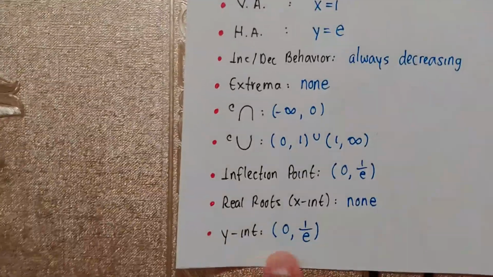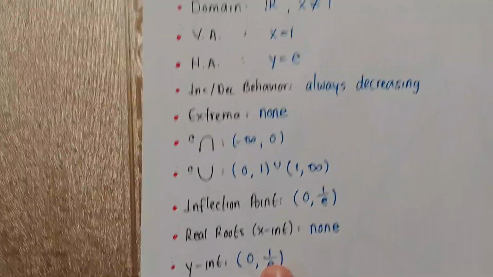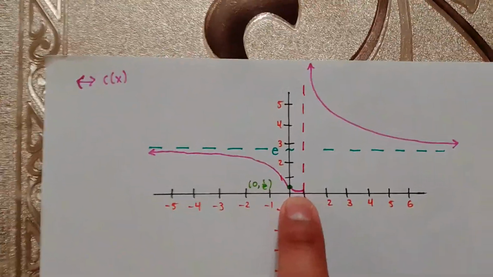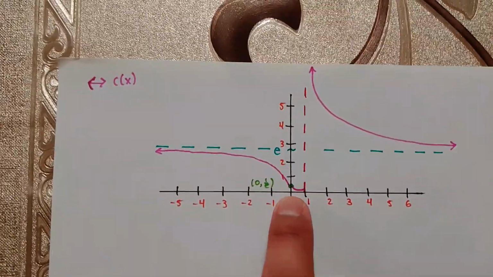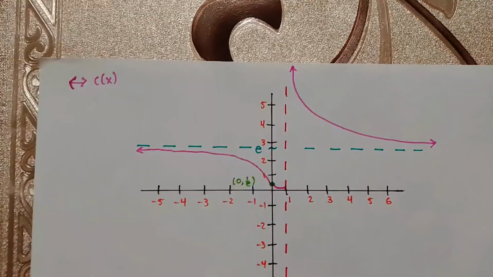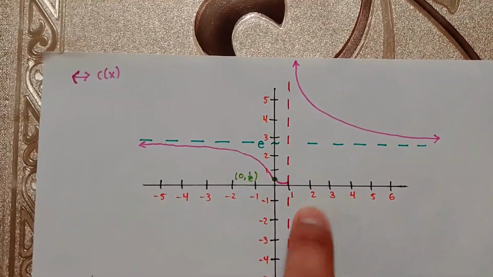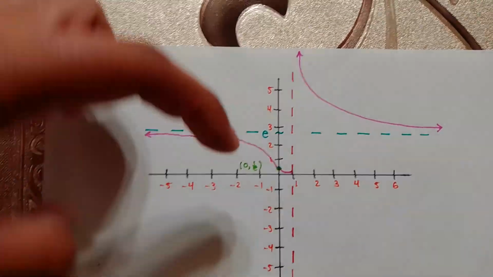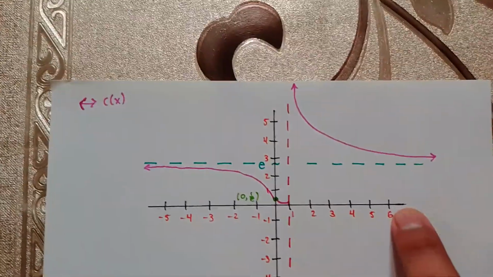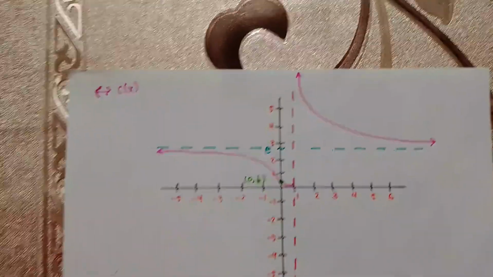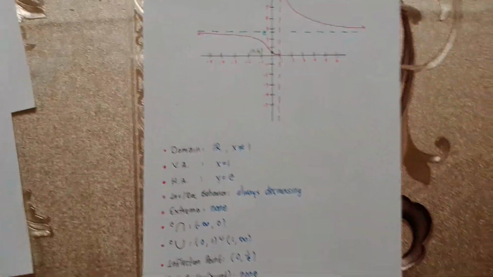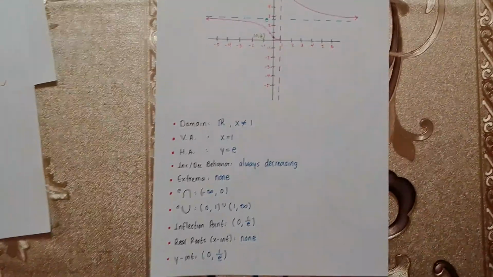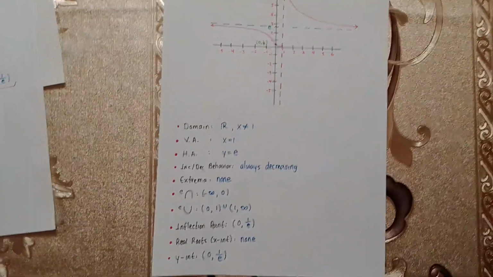As for our y intersection, at 0, 1 over e, it's this little green dot right here. As we can see, this is the concavity flip. Unfortunately, I didn't draw the graph big enough to show it more, but this is concave up right here, and then this is concave down, and this side is concave up again. So that's all the information we needed to graph it. I'm hoping it's right. I spent all day and more than what I like to admit working on this, but it's